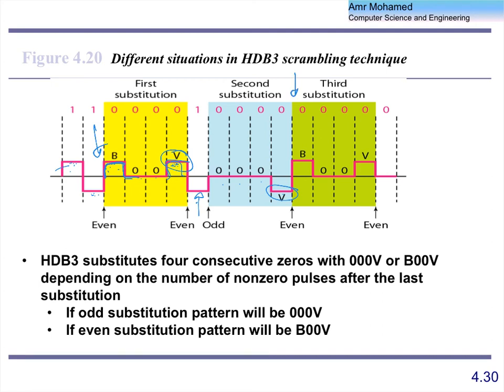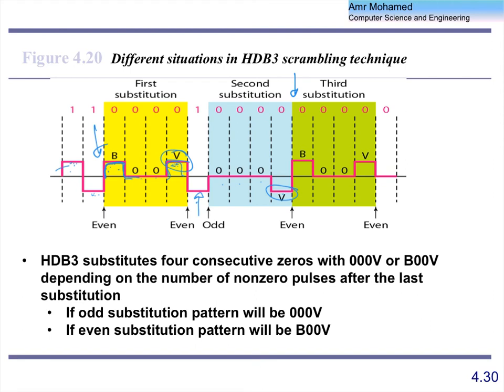So if you have 8 zeros, then you take the first 4, and depending on the number of ones before, which is odd, you map it into 0 0 V. And then for the other 4 zeros, what is the number of ones here? 0. And 0 is even. Then we go back to the signal combination for the even mapping. Okay? So the difference here is that this is more conservative,